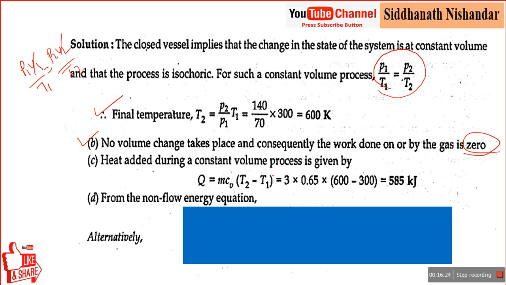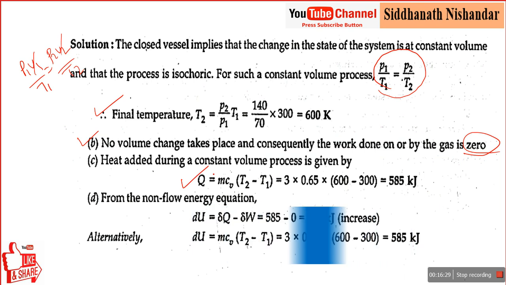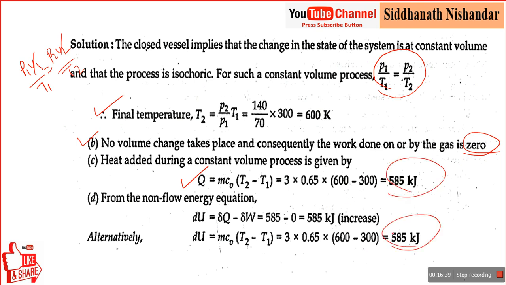Heat added during the constant volume process is m Cv delta T. And I already told you that the amount of heat supplied is directly utilized as internal energy, so dQ and dU are the same. There is no need to calculate again; we directly use the same relation, and work done is 0. Again, to repeat, where work done is 0, Q is equal to the change in internal energy, which is directly 585 kilojoule. Hope you understood these numericals, what processes are going on and how to calculate.